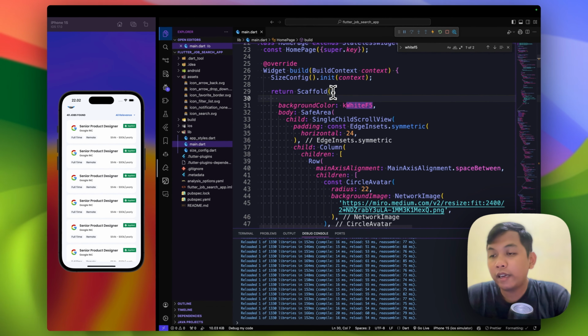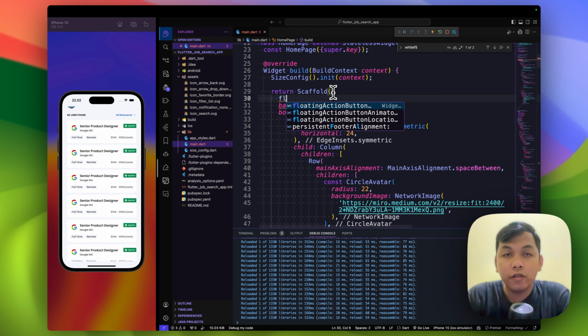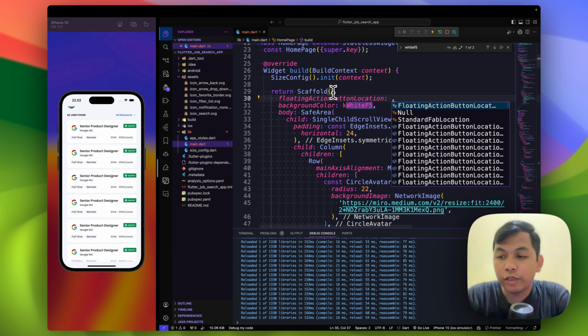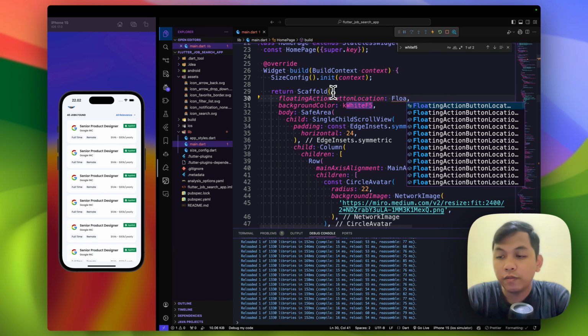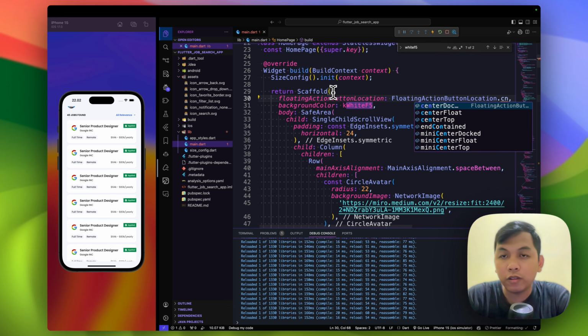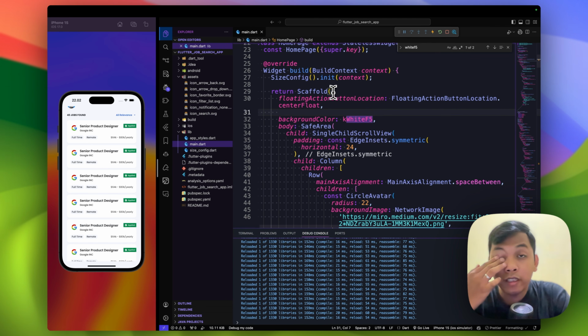We can call floating action button. Here firstly we can call floating action button location. We set it to be floating action button dot center float, so it will make the floating action button always